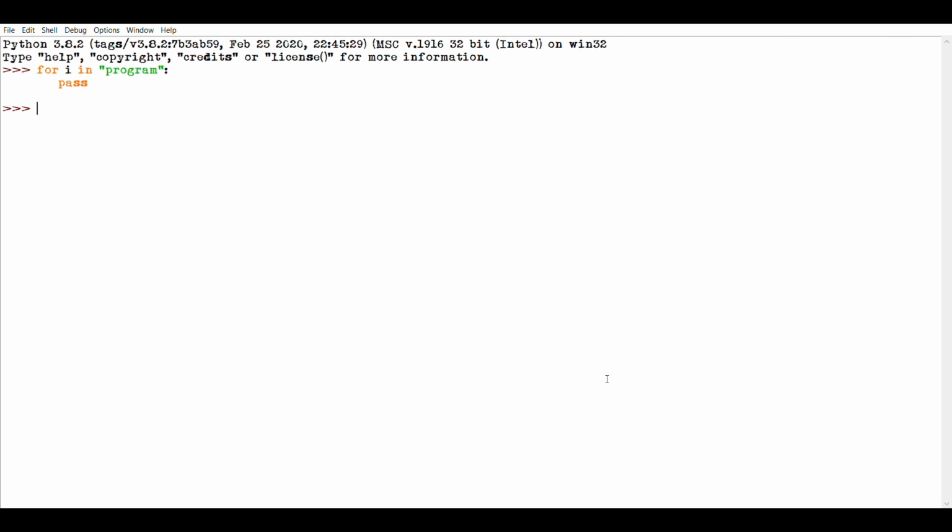So what's the use of this pass statement? Suppose we have a loop or a function that is not implemented yet, but we want to implement it in the future. At that time, we cannot have an empty body because the interpreter will raise a traceback error. So we use the pass statement to construct a body that does nothing, so that you can fill in your code in the future. So with this we have come to the end of chapter 3. From the next video I will be discussing strings.